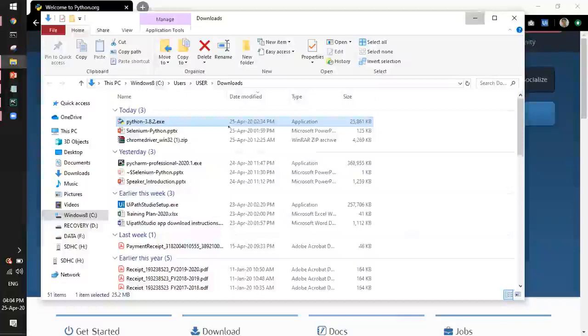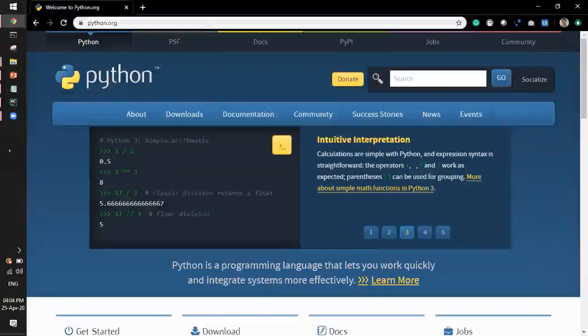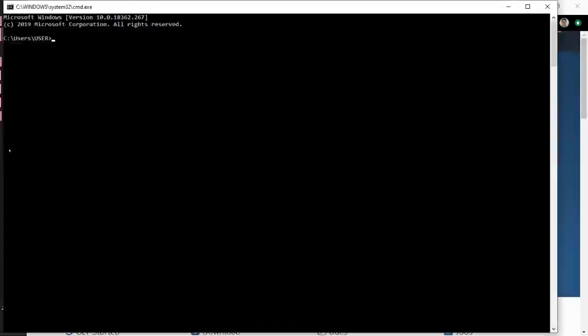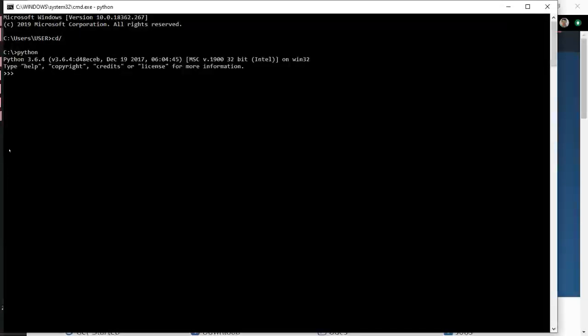So you simply have to launch your command prompt and enter the command python. You will see an additional area, which is of Python, and the version you can see is 3.6.4.